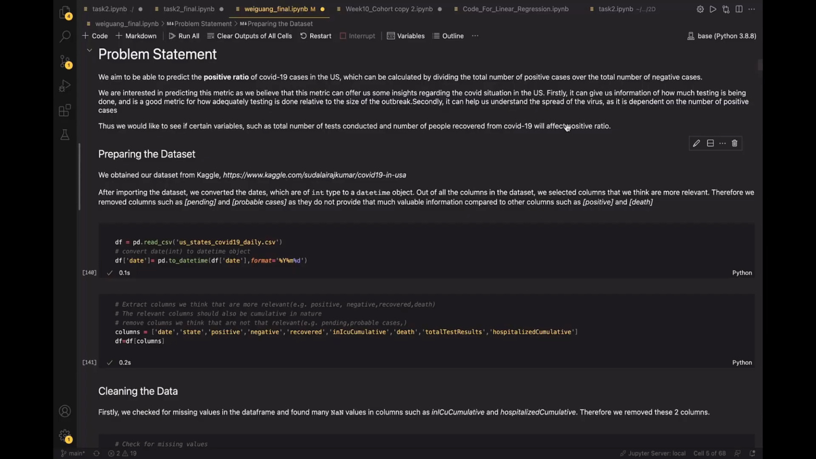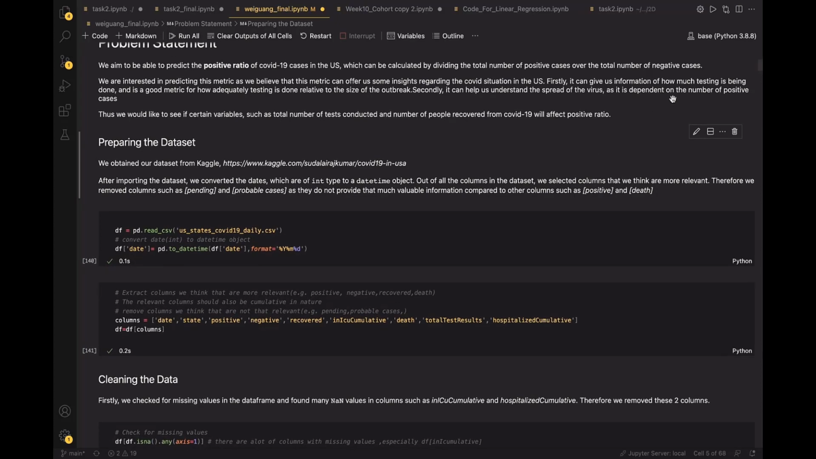For task 2, our problem statement is we want to predict the positive ratio of COVID-19 cases in the United States. Why do we choose this positive ratio? It's because we can obtain the information of how much testing is being done